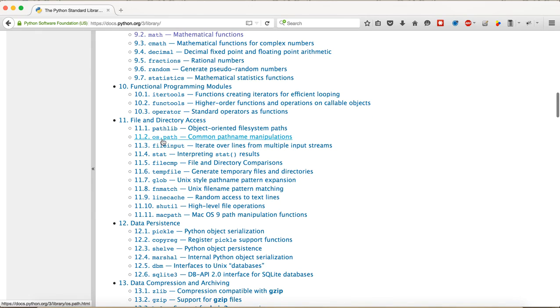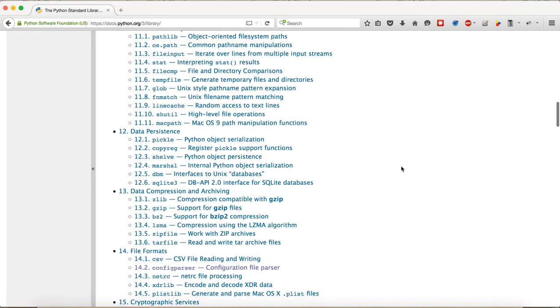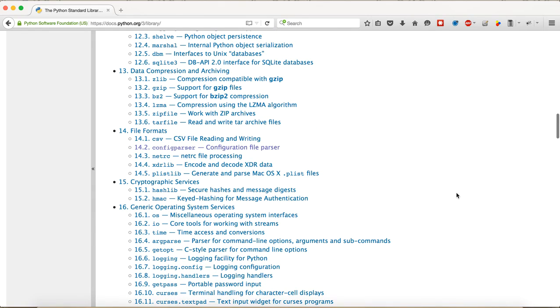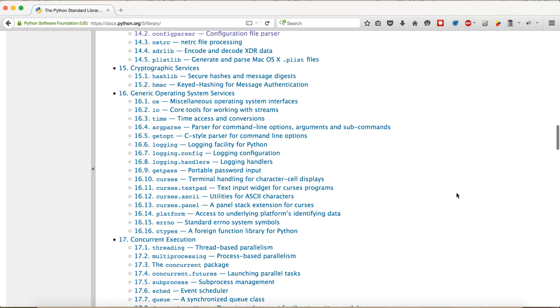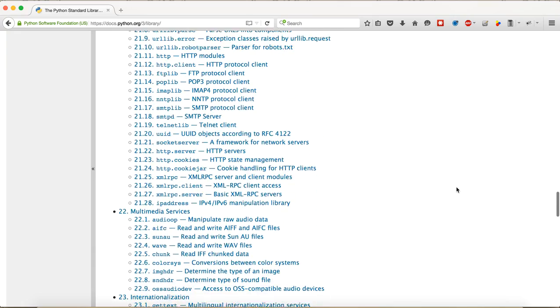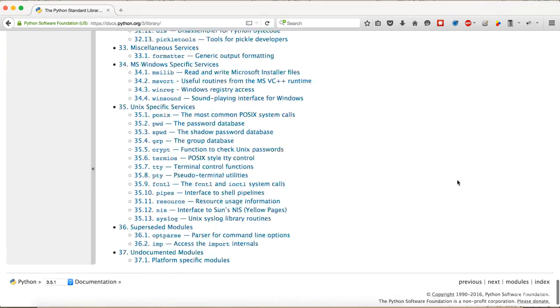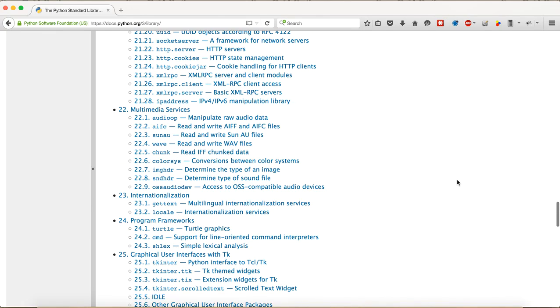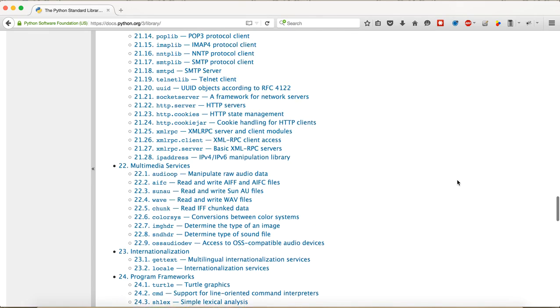All those things like os.path, file input, and a lot of different things like zlib for compression, csv. Even I don't know a whole lot of all the modules, right? Because I don't use all of them. They're tremendously huge. There's a module for pretty much everything in Python, and you don't even have to remember. I don't really want to remember all of that, and that's what I suggest to you: just look up whichever module you need.